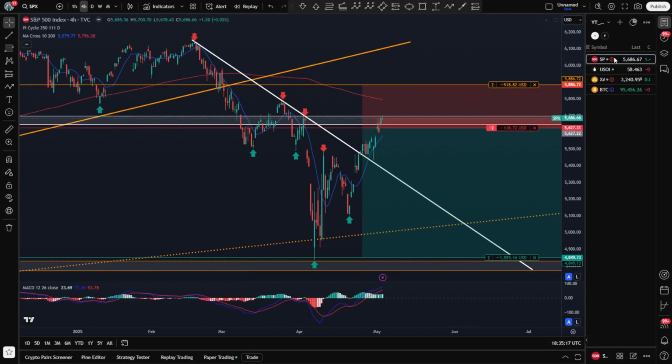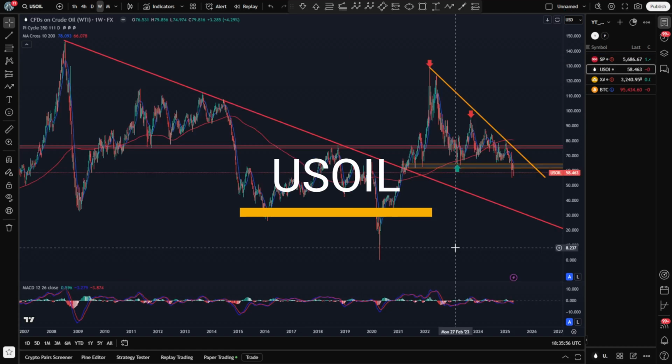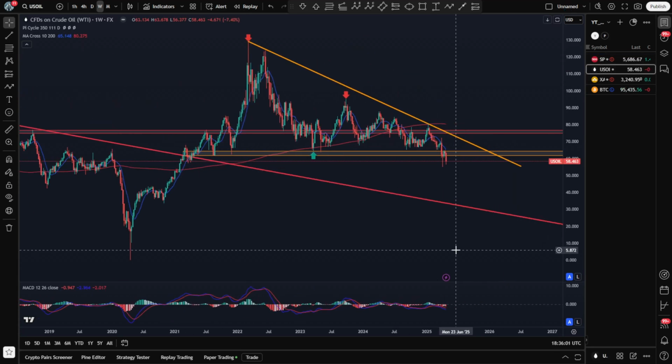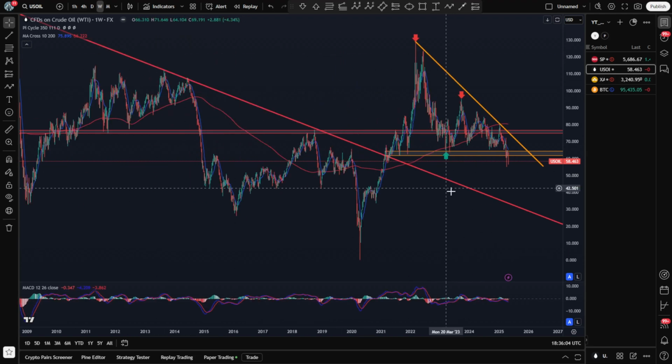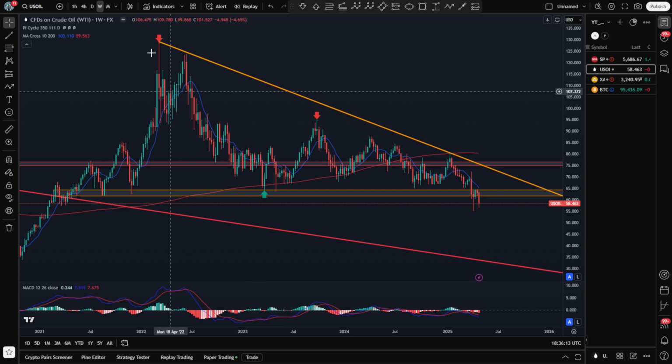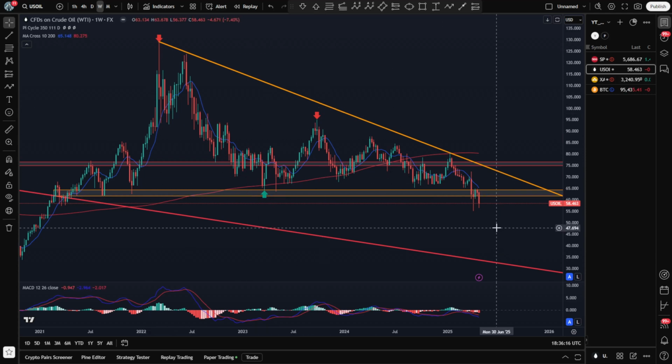Let's go to US oil. US oil here at the weekly time frame. I have at the moment no trades open in US oil. We can see that we had a massive monthly downtrend line. That one got broken to the upside, and since then we are in this weekly correction. We could argue that will develop as an A, B, C pattern to the downside. Currently the last major support zone for price was broken to the downside, retested, and now gets broken again.